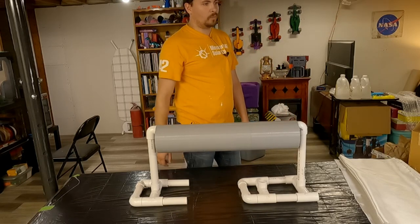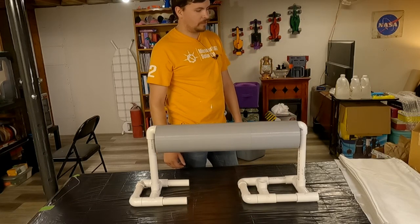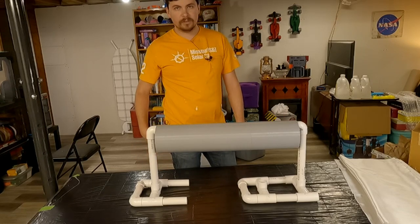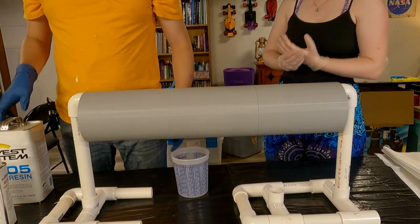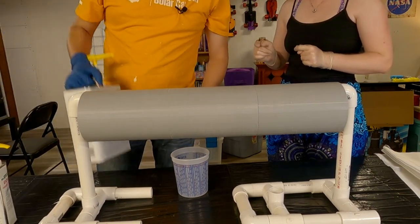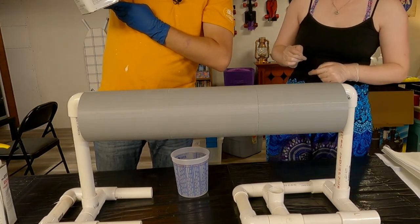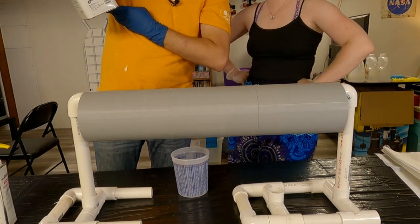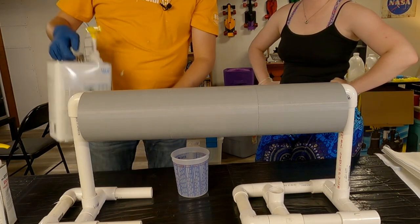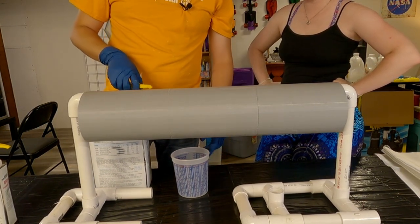Today we are using West Systems epoxy. It's pretty much the standard of what I've been using in the rocket hobby for quite a while. So we have our bin and our epoxy. It is a 2-to-1 ratio. Or sorry, not 2-to-1, 1-to-1. 1 resin, 1 hardener. So